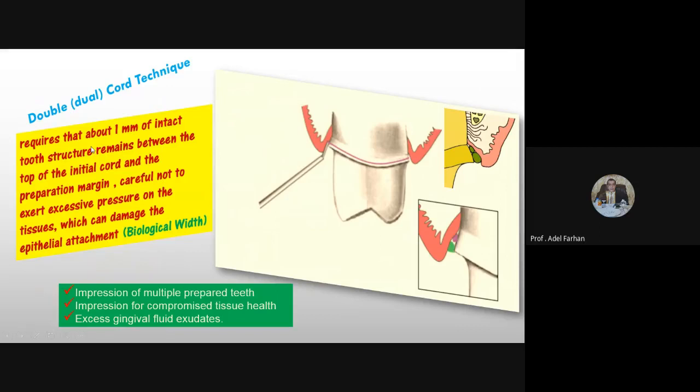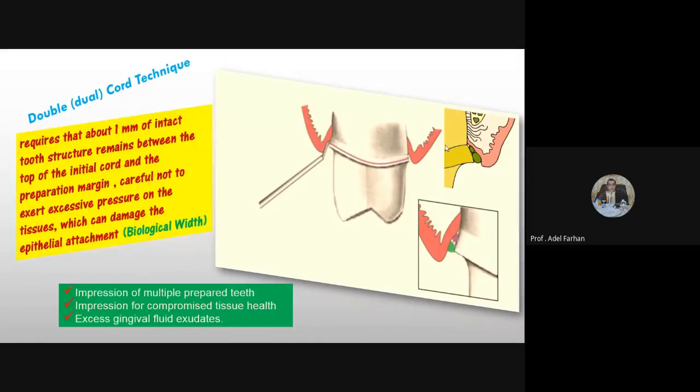مثل ما نشوف طبعا استعمال this technique need 1 millimeter of intact tooth structure remain between the top of the initial cord and the preparation, 1 millimeter. مثل ما نشوف هذا initial cord اللي هو small, you need about 1 millimeter between the margin of initial cord and the preparation margin. يعني تستعمل الاثنين. هذا الكورد لما ندفعه لازم باقي عنده 1 millimeter between the margin and the margin of the initial cord. إذا ما عندك هاي المسافة